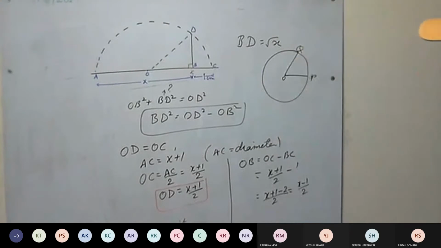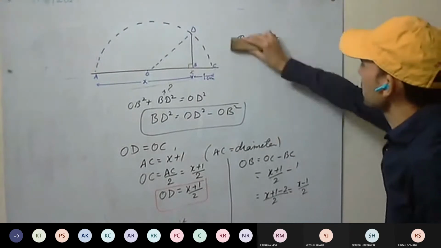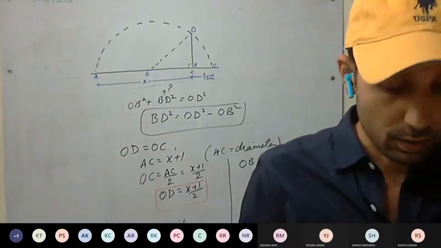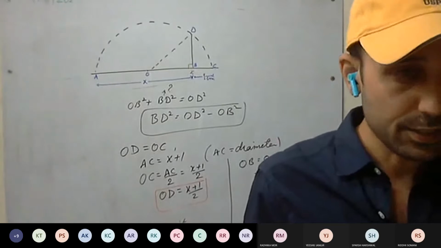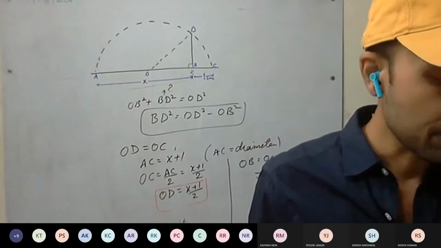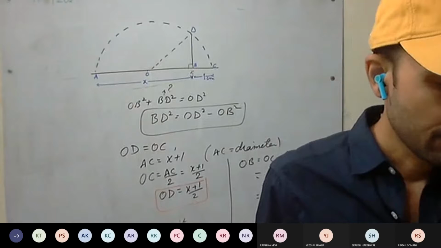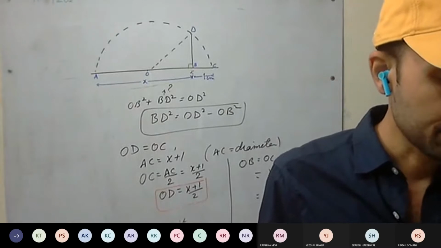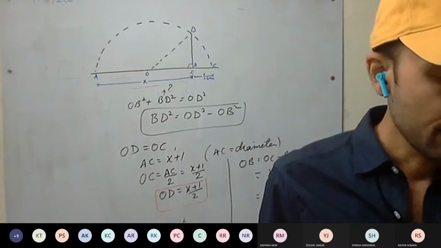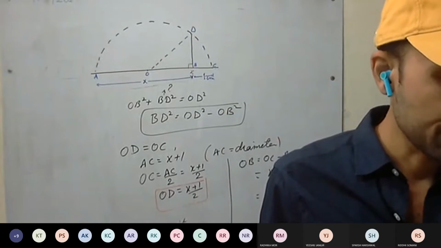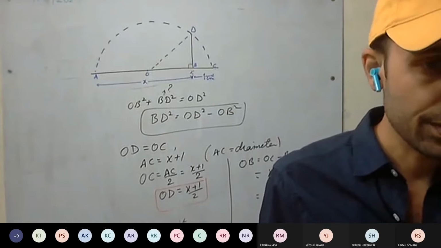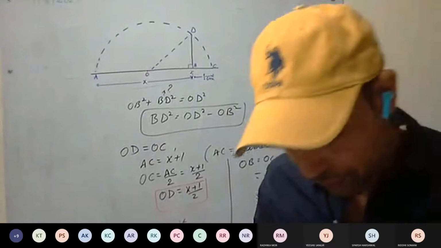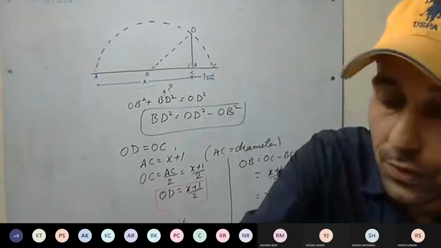Okay, so we'll start a new chapter, expansions. Open your index, your content. So we'll be starting chapter 4 first. After that, we'll be starting chapter 6. This is the sequence we are going to follow. So expansions we are starting today.